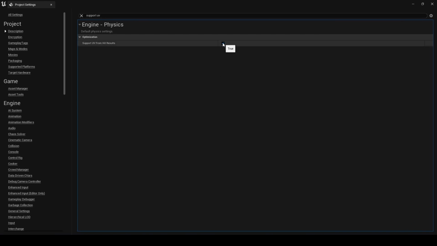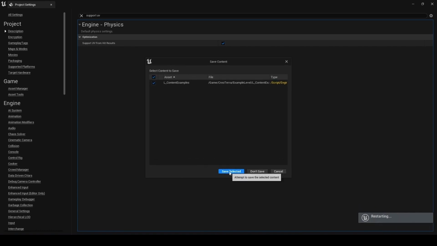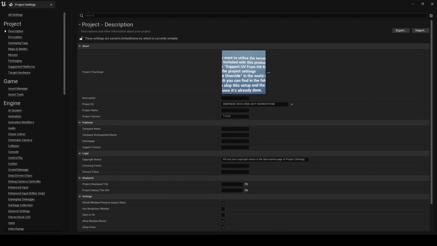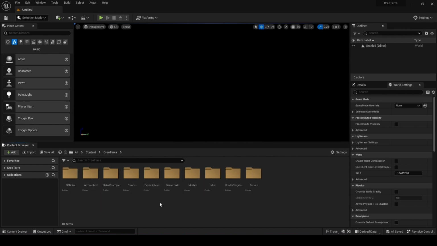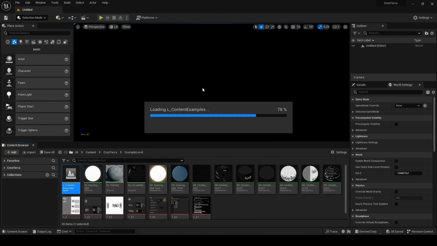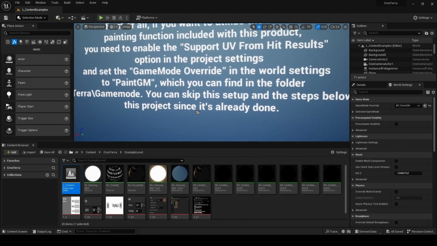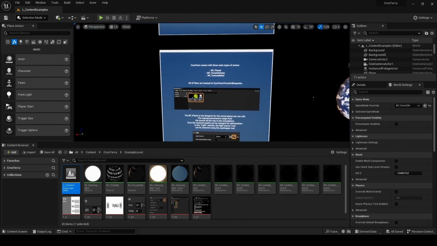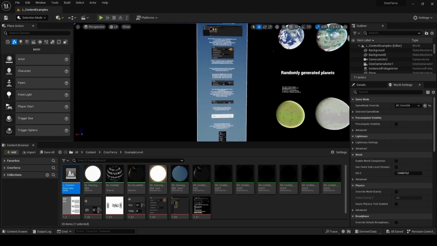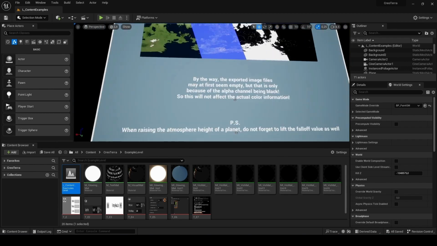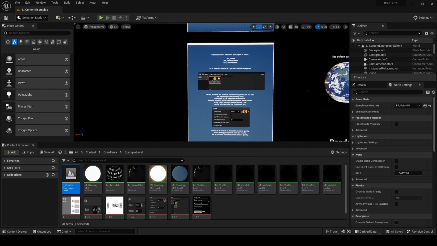I think I can even show you. See this pop-up here? Just click on restart now, and save selected if you haven't already. Alright, after you restarted, just close out of these project settings, go back to the example level map, and everything should work as intended. Alright, so I'm going to walk you through this basic, sort of user's manual, I guess,